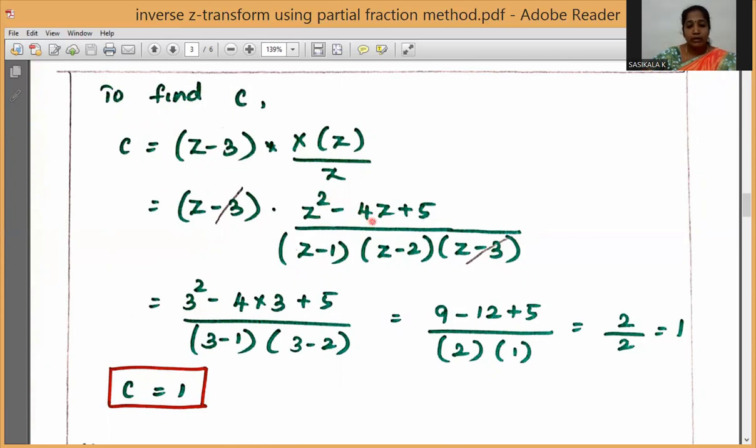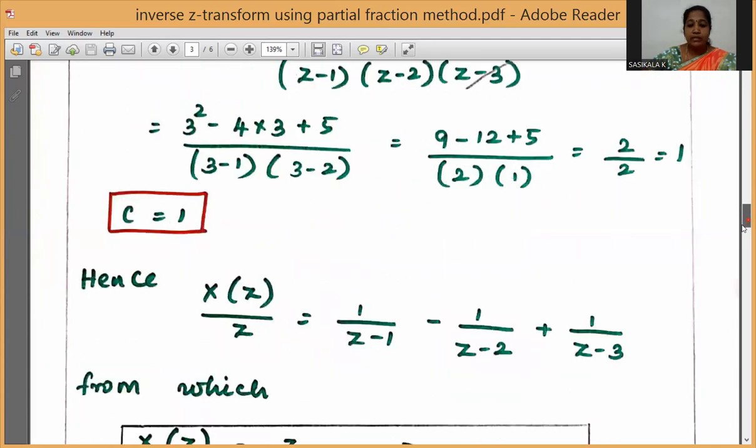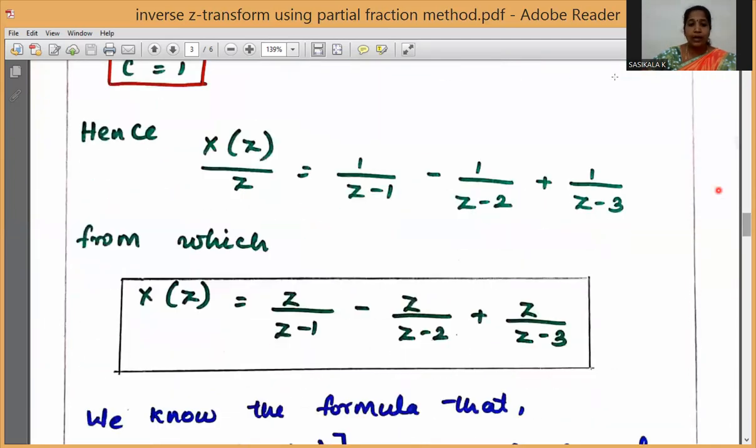So (3² − 4·3 + 5) / ((3 − 1)(3 − 2)). So we have got C to be 1. So A is 1, B is −1 and C is 1. Hence X(z)/z = 1/(z − 1) − 1/(z − 2) + 1/(z − 3),